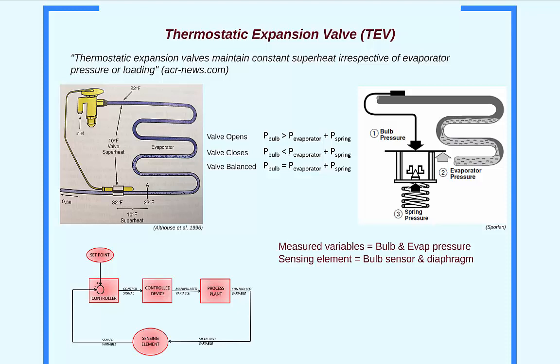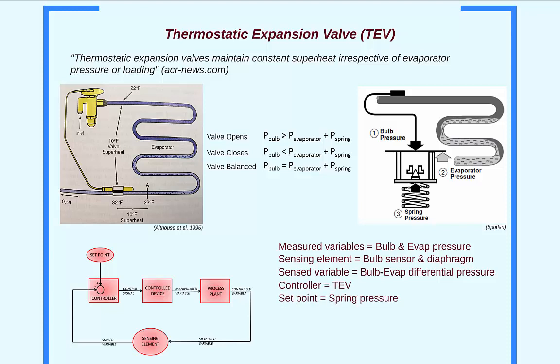These two forces generate a pressure difference across the diaphragm. This differential pressure is the sensed variable. So we can say the diaphragm sees an input of two measured variables, bulb and evaporator pressure, and outputs one sensed variable, differential pressure. The controller in this loop is the thermostatic expansion valve, and the set point is the